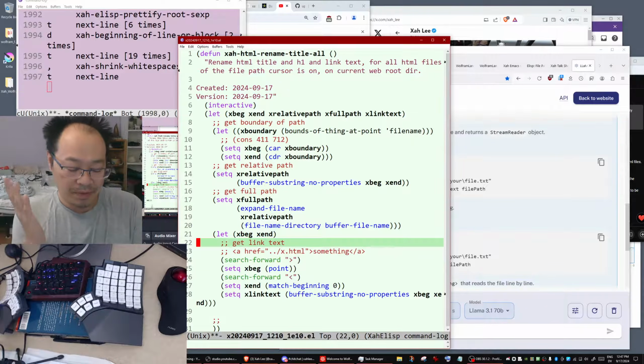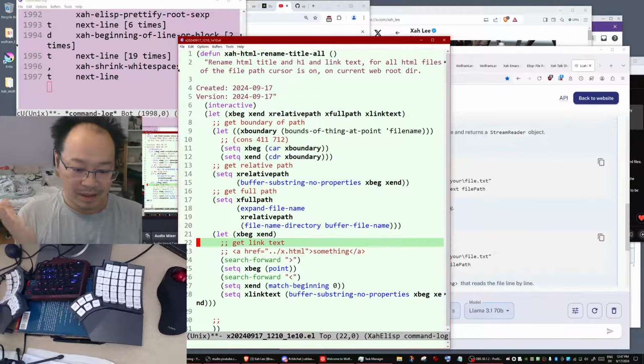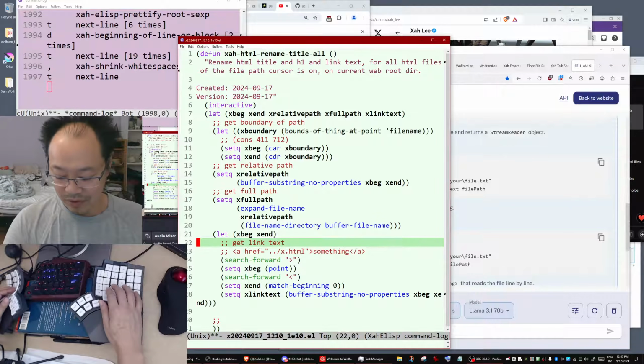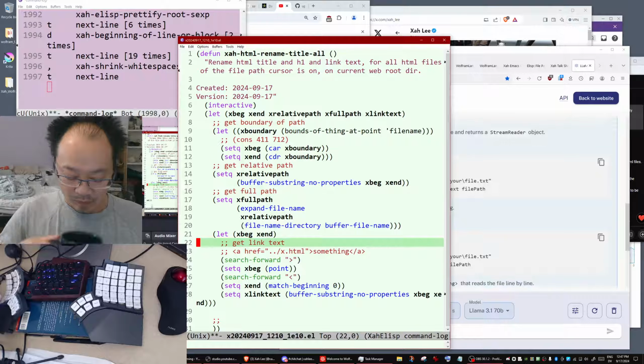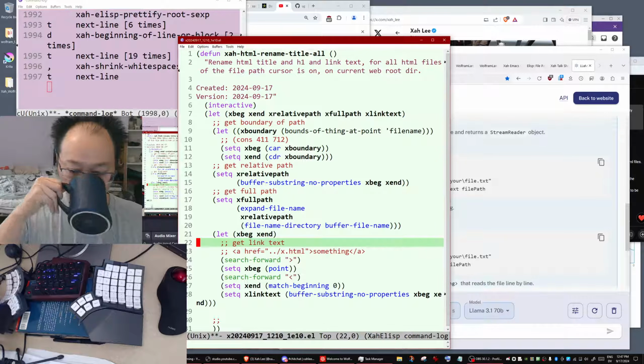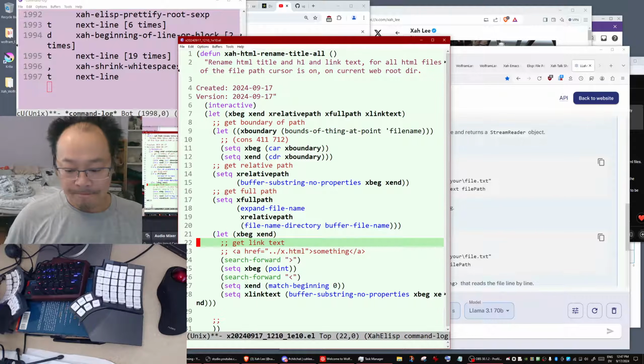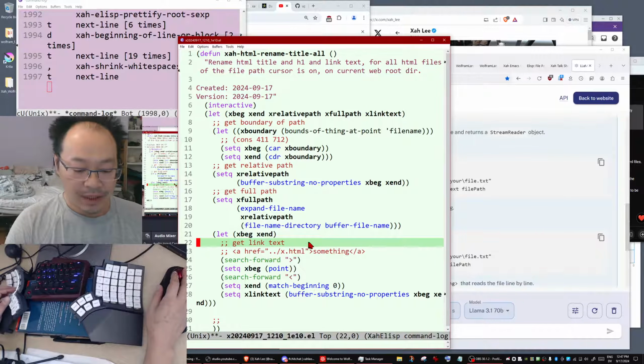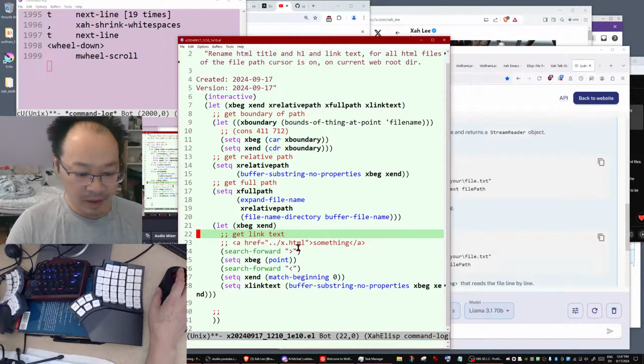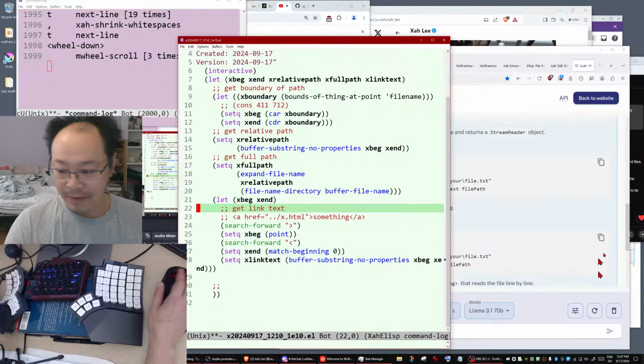What's the next step? Oh my god, now we have to start to do find and replace. Oh my god, this is actually quite involved. It'll take another 20 minutes.